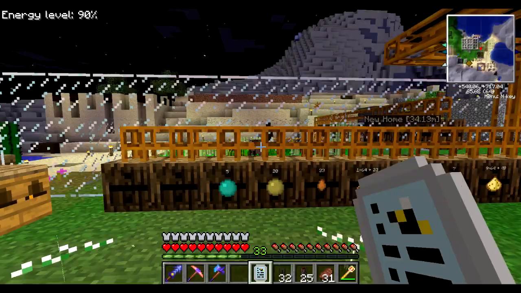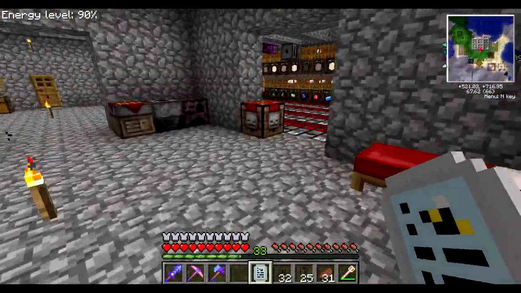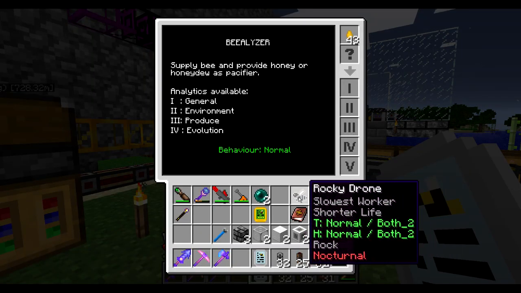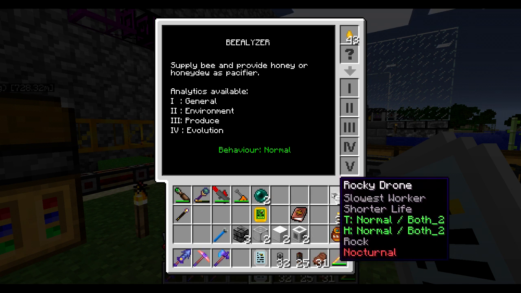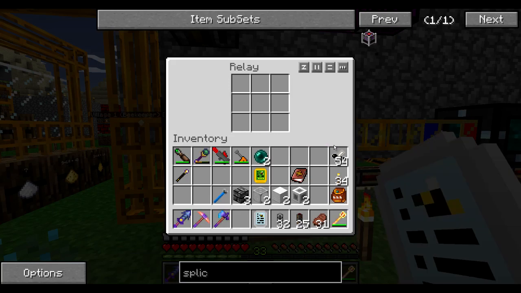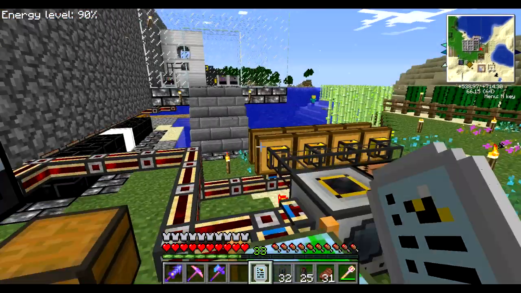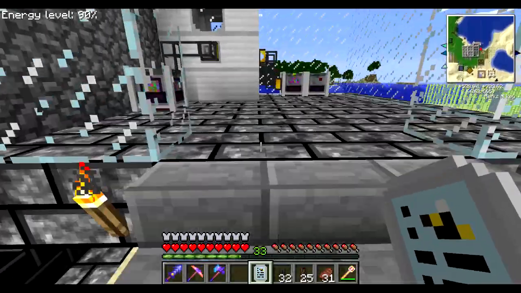Oh, come on. I was looking in my interface and I angered that Enderman. Seriously. Okay, so for some reason, all the drones that I find from mining all stack together. For some unknown reason. Anyway, let's throw all of them inside here, and you're going to see